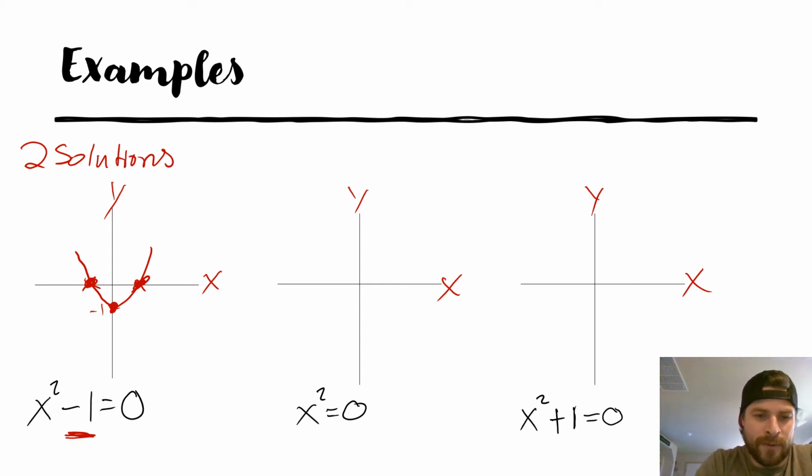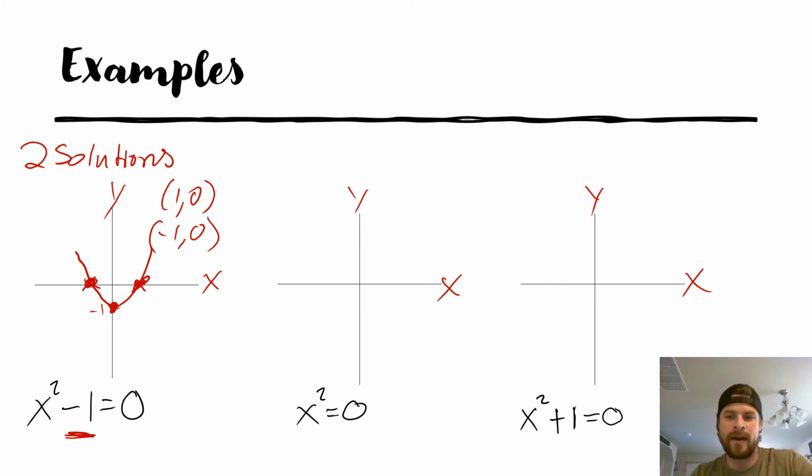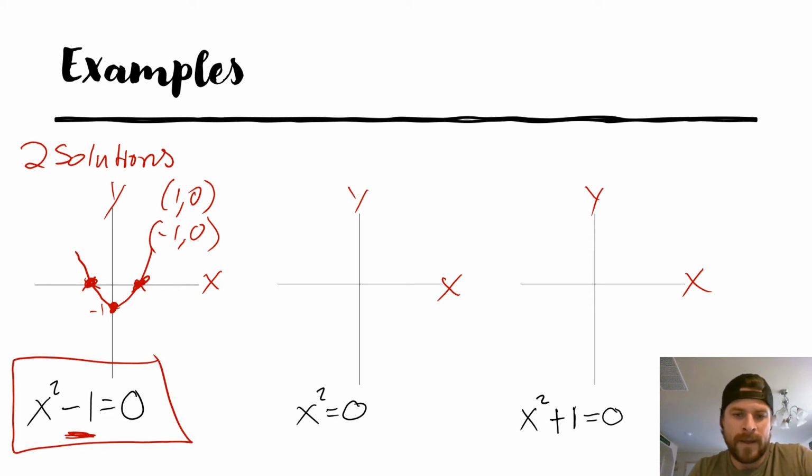And those solutions would be each of these points. There's one at 1, 0 and one at negative 1, 0. So these two values are solutions to this quadratic. Now we go to x squared equals 0, which is just a parent function. Everything is based off of the parent function of x squared. Parent function goes through 0, 0,